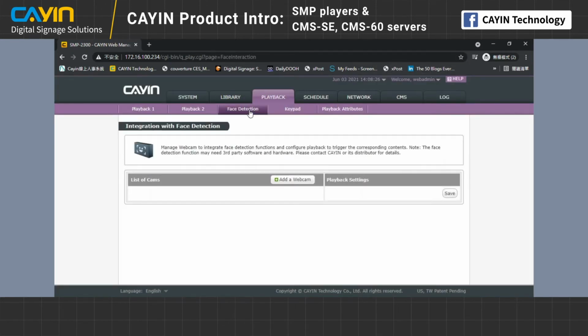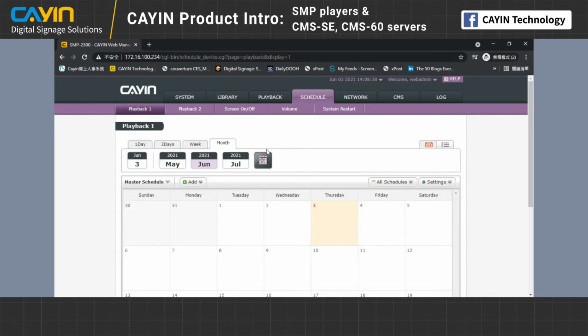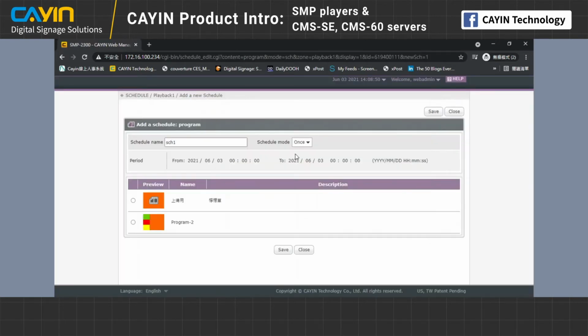SMP currently supports face detection function. For more information about face detection application, you can refer to another video of K-In. It also supports key pop function and it facilitates queue management system. On the schedule page, you can view the schedule you have created for this SMP device or add a schedule. We support 5 layers of schedule mode, which is once a particular time, daily a particular time, every day, weekly some particular days in a week, monthly some particular days and weeks in a month, yearly particular days, weeks, or months in a year, or even location based once it is connected to a GPS dongle.